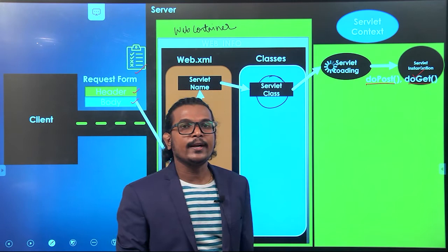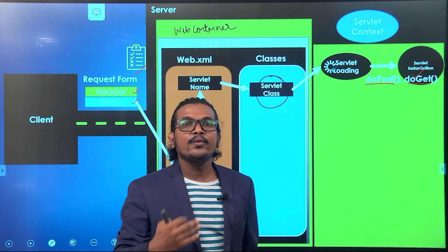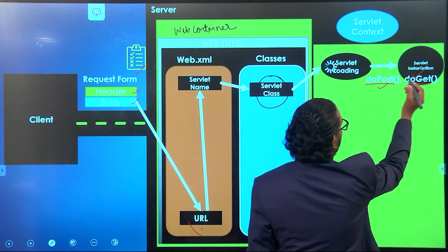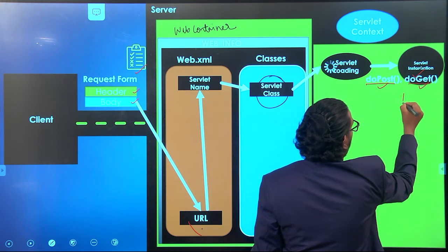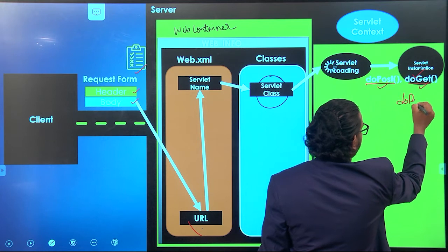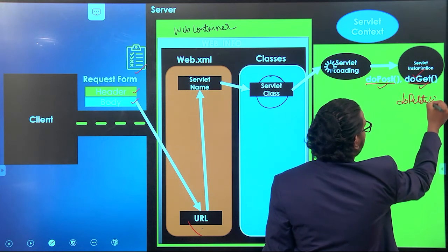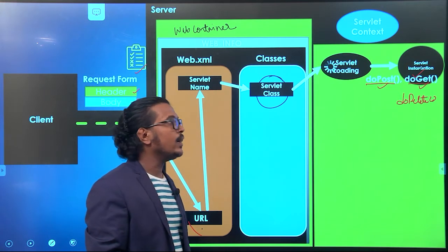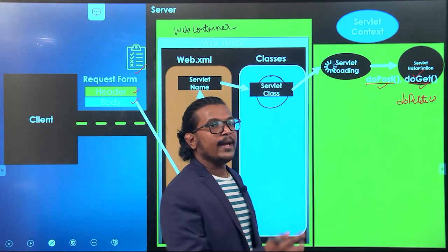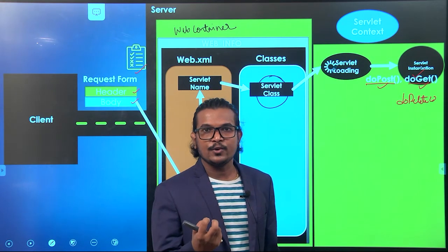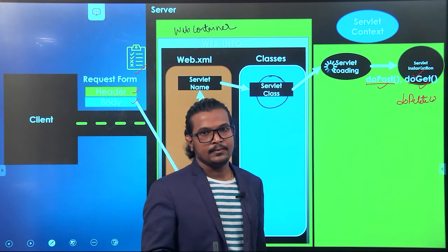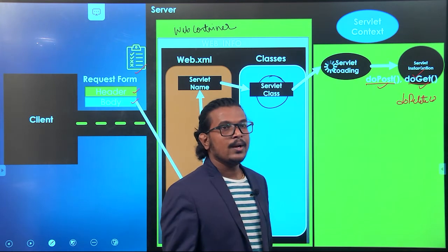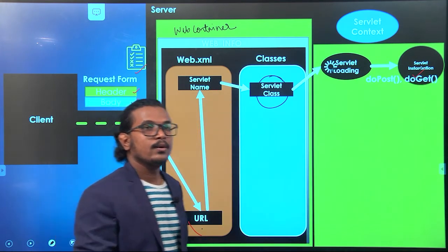In that servlet instantiation, we have different kinds of methods, which are nothing but your doPost method, doGet method, and also the doDelete method. Different types of methods are available in this particular instantiation. Based on the client request only, we use that particular method.